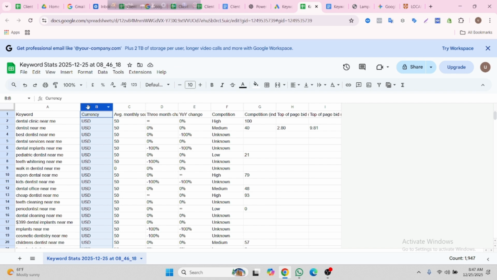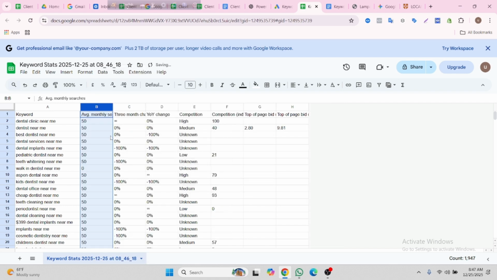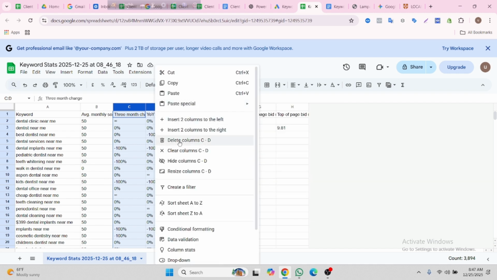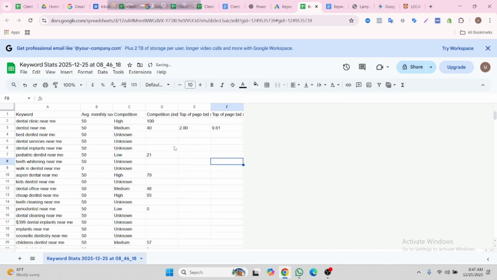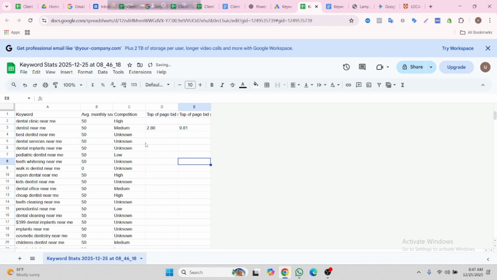And this currency I don't need. Delete. And this three months change and yearly change, if you need you can keep them, but this time I am deleting them. Let me delete this column. So I have now